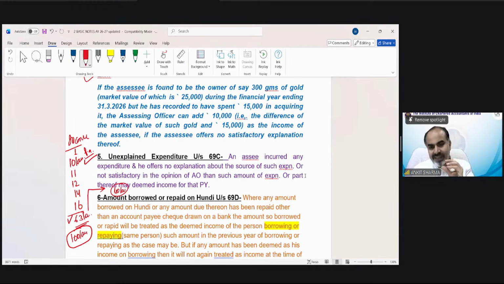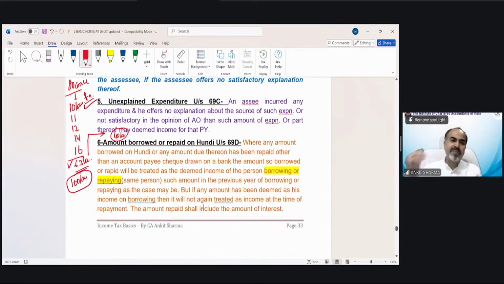So whatever we are discussing, these are very small topics at your level, but when it actually happens, these are huge cases and there are multiple facts of the cases, and if at the end of the case it has been proved by the assessee that there is no evasion of tax, then of course these provisions would not be applicable. Okay. Now point number 1, 2, 3, 4, 5, if you see, these are similar.